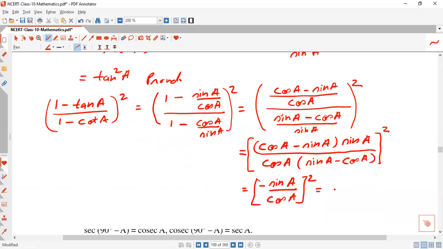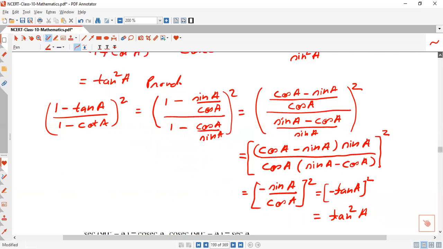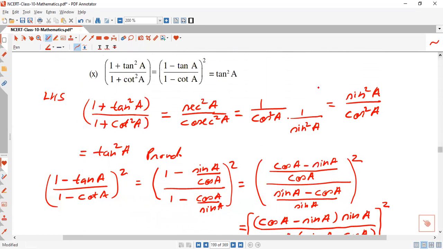So it will come out what? Minus tan A whole square. The minus minus gives tan square A. So it's proved. So this is the end of class 10th trigonometry. So we say